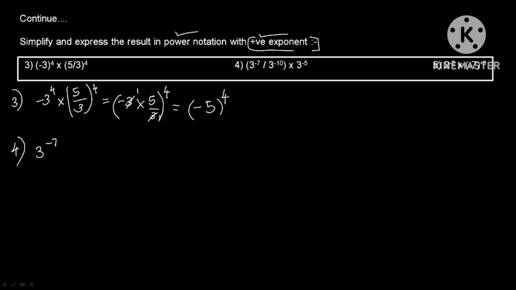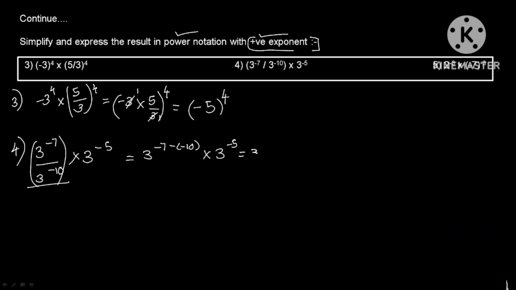3 raised to the power of minus 7 divided by 3 raised to the power of minus 10 into 3 raised to the power of minus 5. Now let's solve this fraction. 3 raised to the power of minus 7 minus of minus 10 into 3 raised to the power of minus 5. This will be 3 raised to the power of minus 7 plus 10 into 3 raised to the power of minus 5, that is equal to 3 raised to the power of 3 into 3 raised to the power of minus 5,